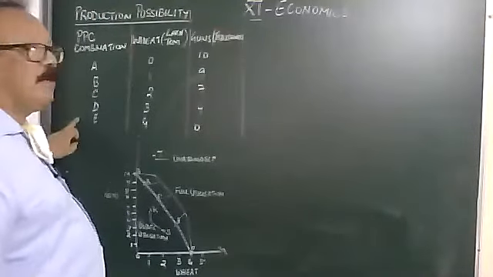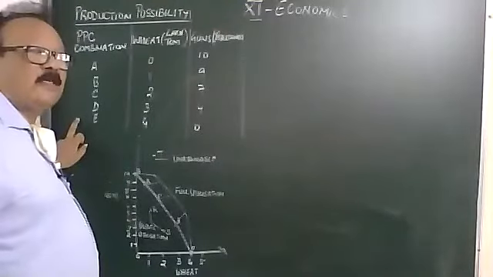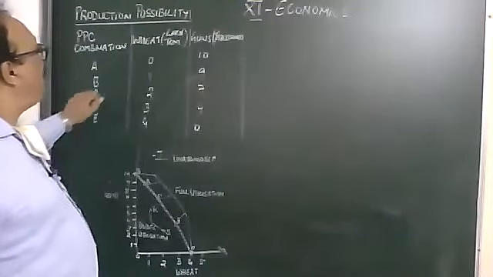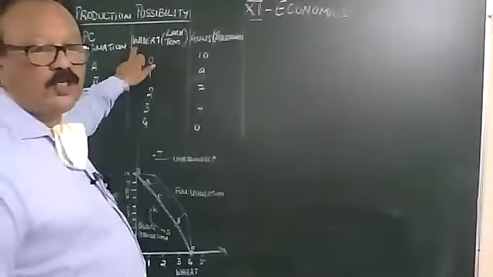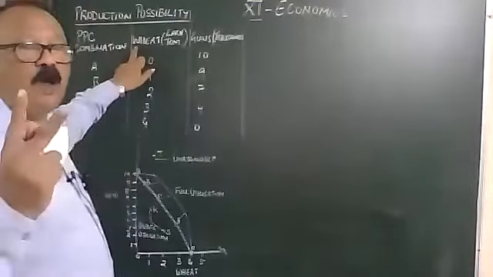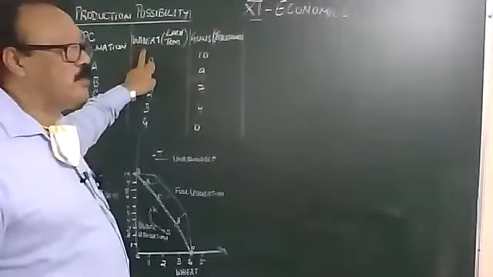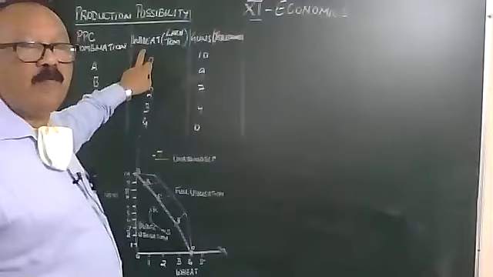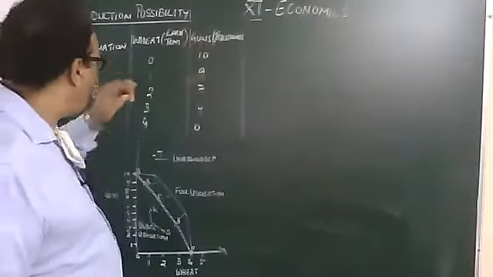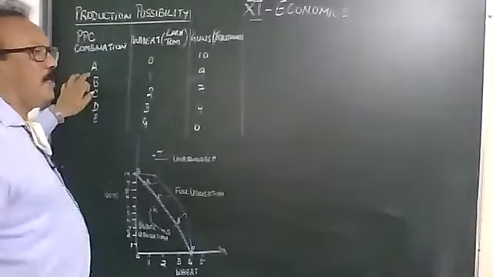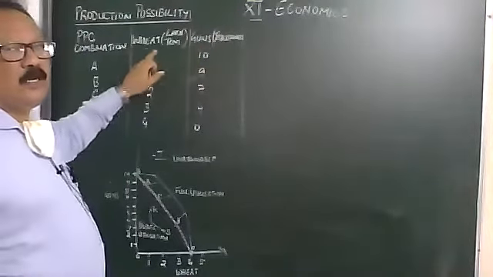There are five possibilities which an economy with its limited resources can have. As an example, two goods are produced, because the PPC shows a possible combination of two goods. One is a consumer good, for example wheat, and the other a capital good, let's say guns. If it has the first possibility, it would produce only guns, that is 10,000 guns, no wheat.